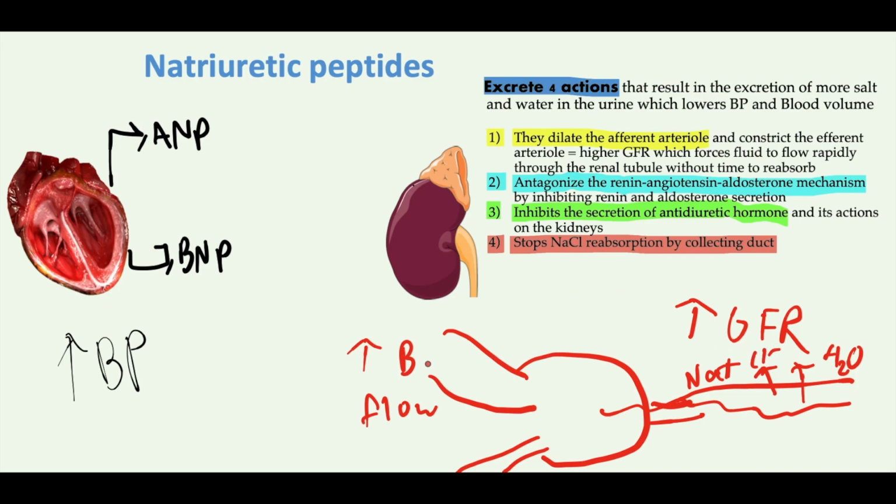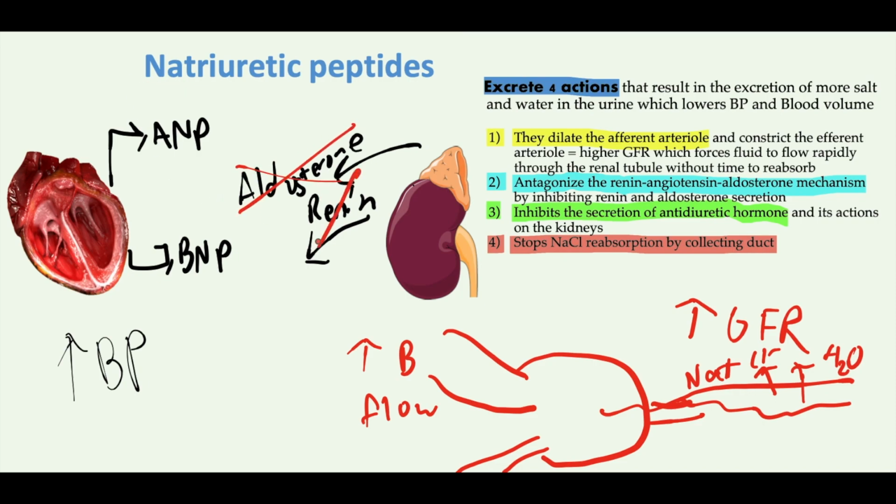Now let's talk about the second action. And the second action is they antagonize the renin-angiotensin-aldosterone mechanism. And as we talked about before in part 2, this mechanism increases blood pressure. And the natriuretic peptides will do anything to decrease blood pressure. So they inhibit renin secretion and aldosterone secretion. Now, as we talked about before, aldosterone is secreted by the adrenal cortex, and natriuretic peptides